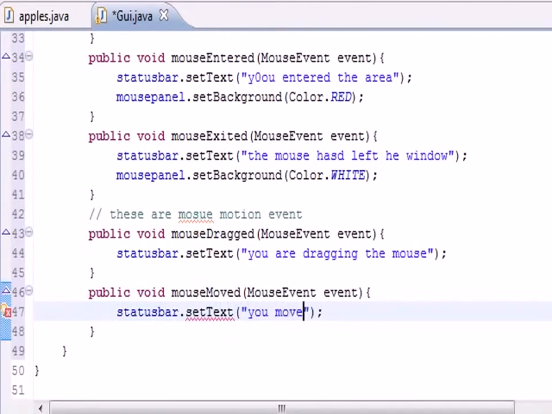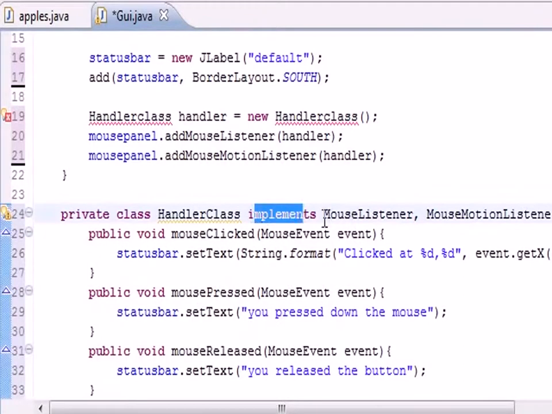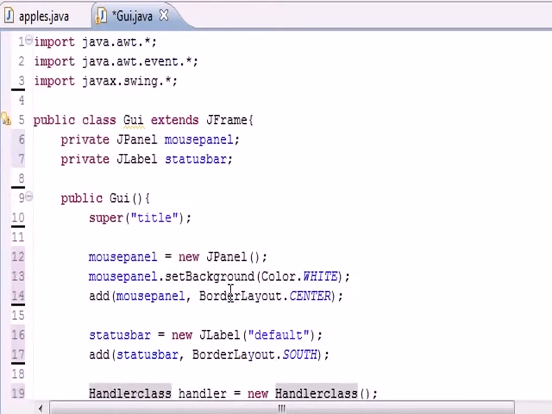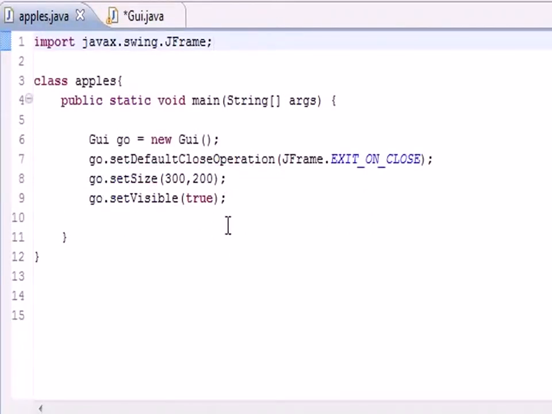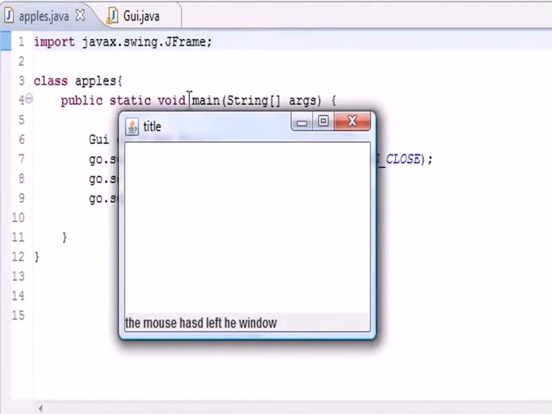So let's go ahead and put mouse event, nothing new here. And for the body, what do we want to do when they drag the mouse? Well, there's nothing really we can do except change the status bar dot set text, and we'll set it equal to something like,